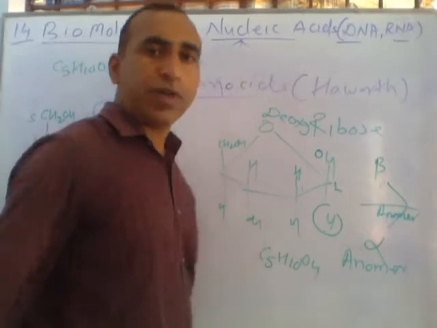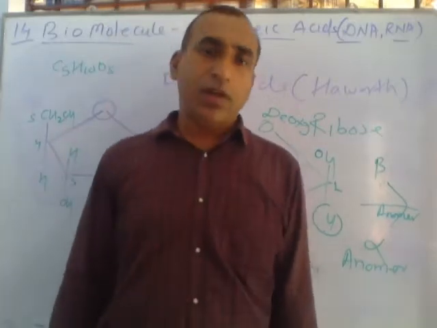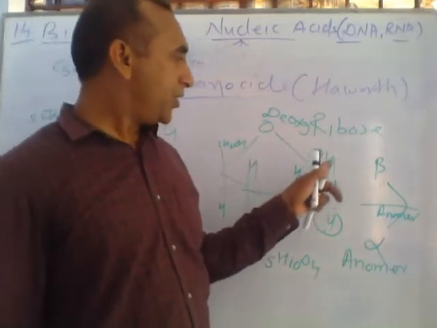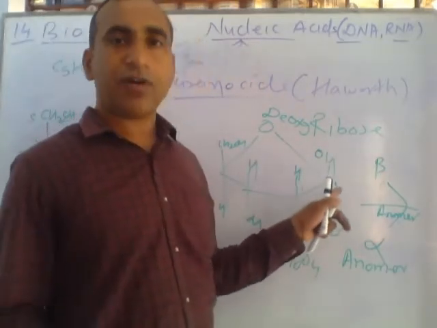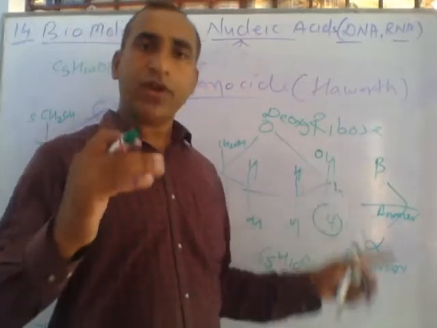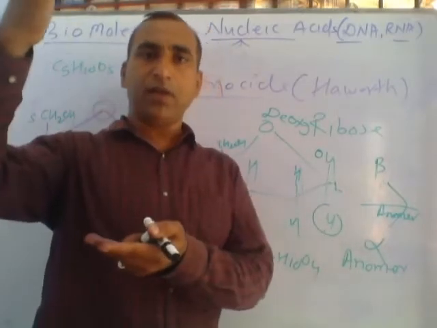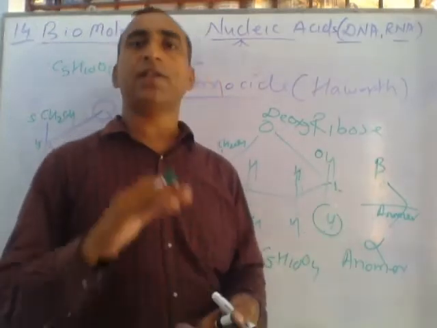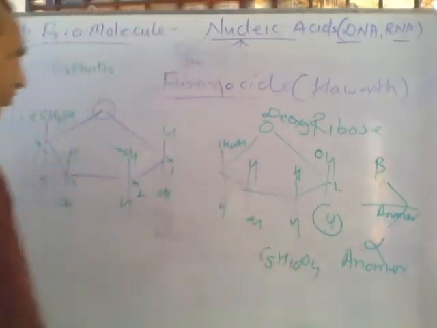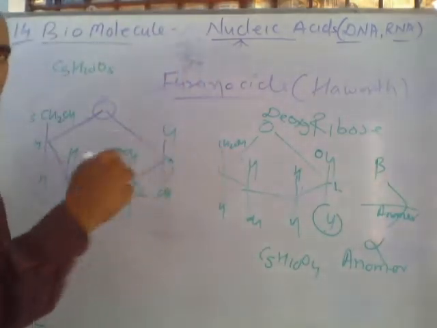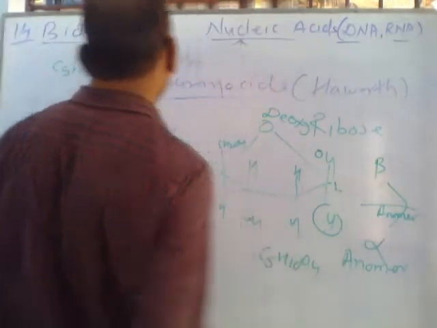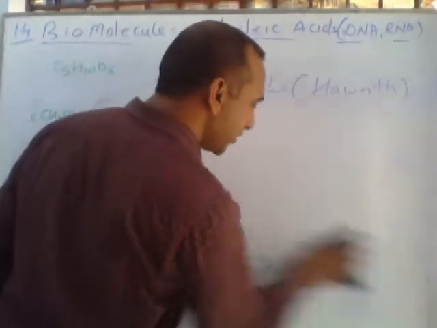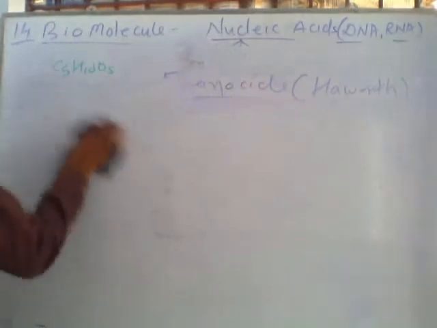So anomers are those compounds, generally sugars, in which the orientation of H and OH differs only on the first carbon atom. If OH is present above the plane, this is called beta form. If OH on the first carbon is present down the plane, this is called alpha form. So in future we will write alpha ribose, otherwise beta ribose. You can easily form them by changing the orientation of OH on the first carbon atom.